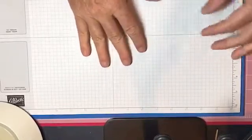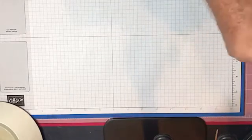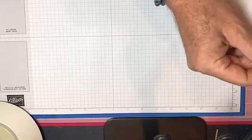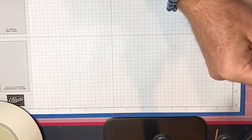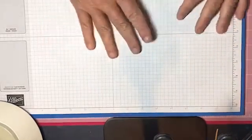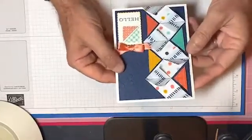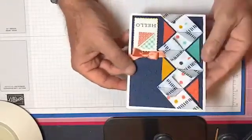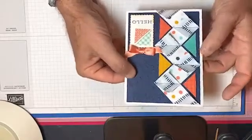So I ran across this pattern that I hadn't seen before. I'm always on Pinterest, and I found this simple chevron fold tutorial from Lisa Griffin Sawaladek, and she's from Song of My Heart Stampers. This was something from back in 2004. I hadn't done any chevron stuff before, at least not in paper, so I thought I would play with this a little bit. So we're going to do 2 cards, but this one